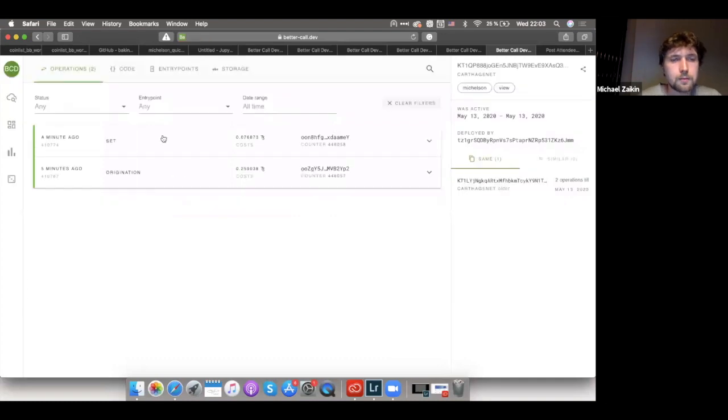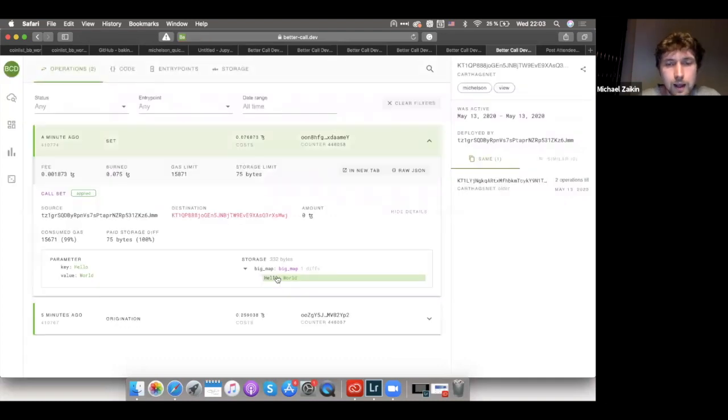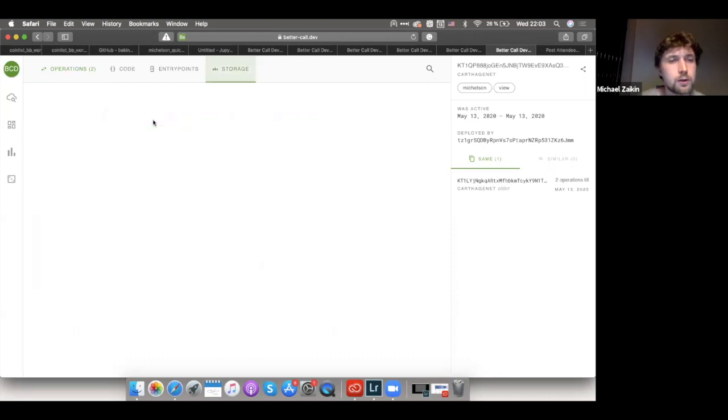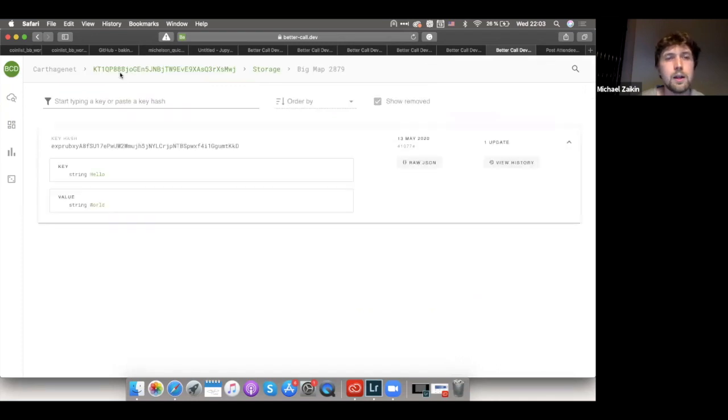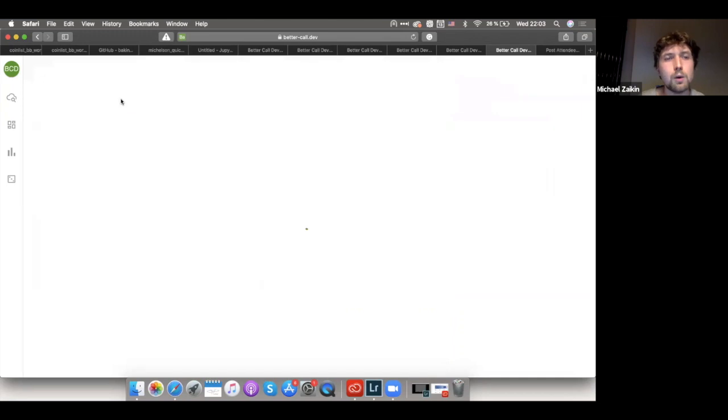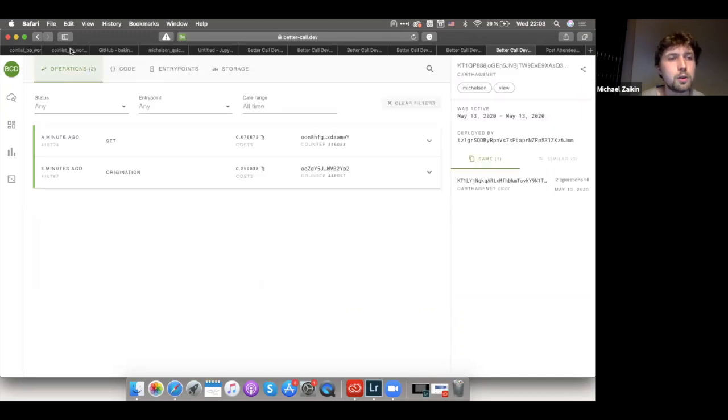All right, it's applied. And we can see that our big map storage has been changed, and we now have a key with the key hello and the value world. We can also inspect the big map, and yeah, cool. So now we're going to query